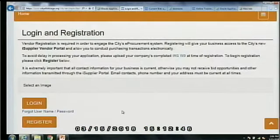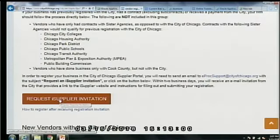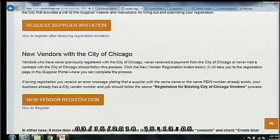As I mentioned earlier, if you're a new vendor who's never done business with the city, you can register here. If you've done business with the city but you haven't registered for iSupplier and you're in our system, you have to request an iSupplier invitation, and this is what Karen would do. It would go to her, and she would send back a code. Is that correct, Karen? Okay, so you would send an invitation request